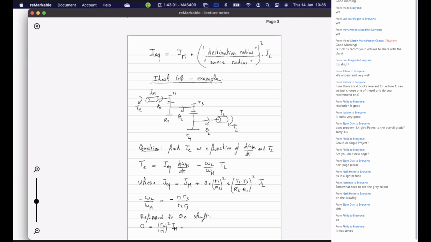Zero on theta 2, and on theta L, we have GL. Destination is R3 divided by R4 squared GL. So that's my equivalent inertia. And I multiply this by d omega 2 over dt. And then it's minus omega M divided by omega 2,